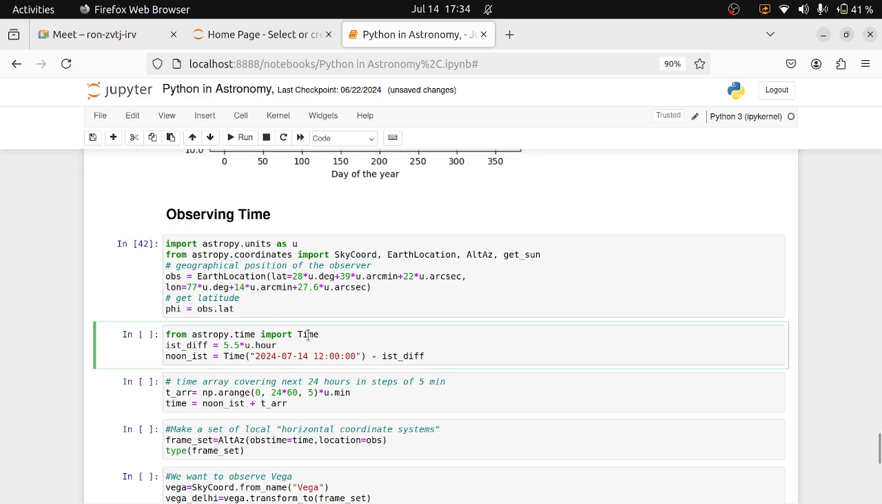Okay, now there is a library called Time which does exactly what its name says. It literally works with